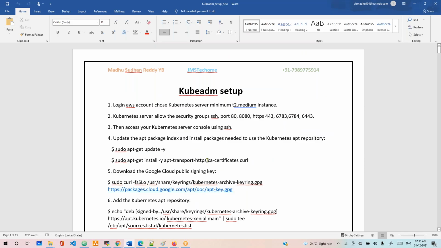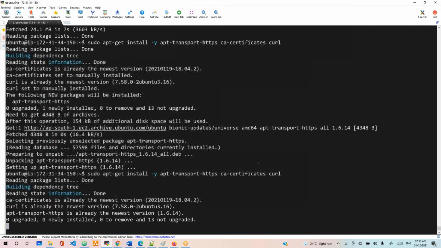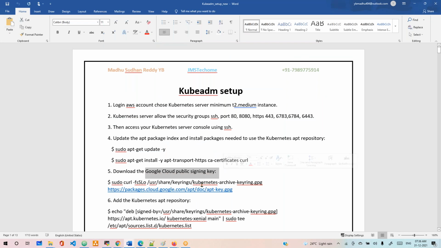Okay, this is done now. This is the certificate, this is also installed now. This is for dependencies, apt-transport-https, ca-certificates, curl. Everything is done. Then next, let's add the Google Cloud